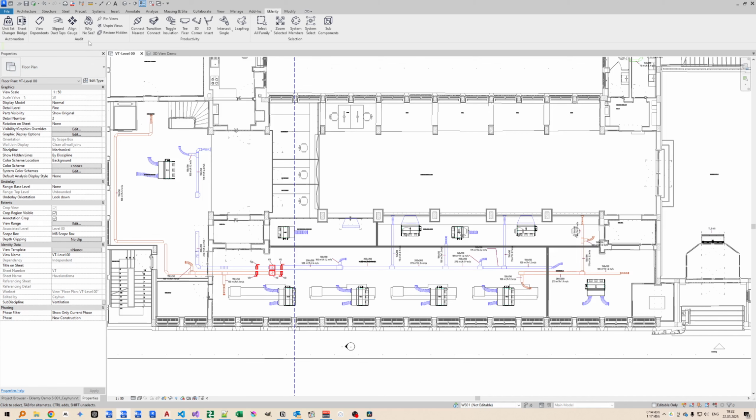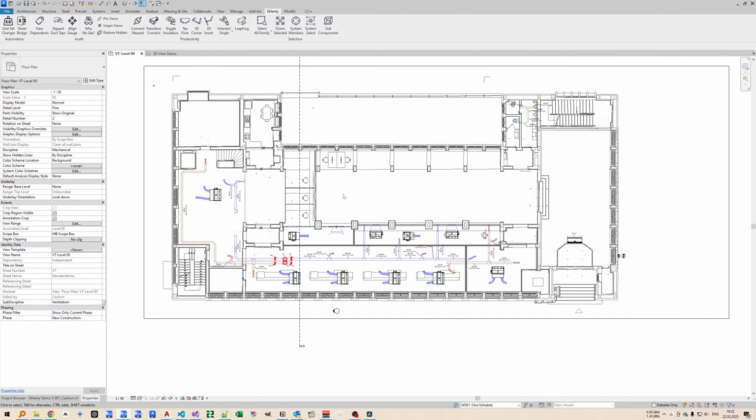Let's start with WhyNoSee. When you go to a view and notice some elements are not visible in that view, you try to troubleshoot the issue hiding those elements, right? Maybe it is a filter issue, or maybe the category itself is hidden, or maybe there's a workset discrepancy between the element and the view settings. It can be caused by many different reasons, and this tool can cover the possible reasons that are almost always